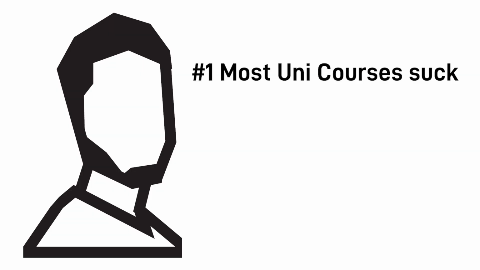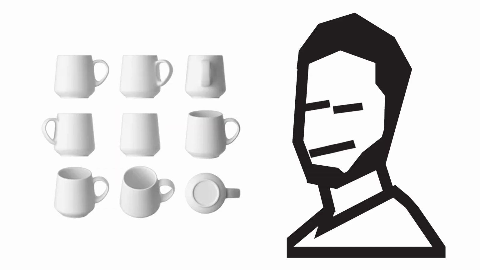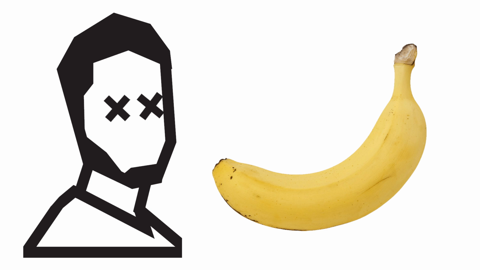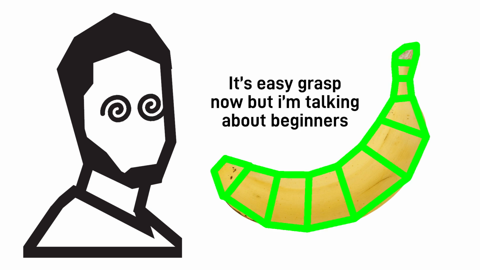All right, point 1. Most university courses these days are so outdated and they teach you ancient techniques. To give you an example, during my first lesson of 3D modeling, we were given reference images, those front, side, and top views of a model. But the model we had to do was a banana. The fuck? How do you break down a banana into simple shapes, in simple steps?